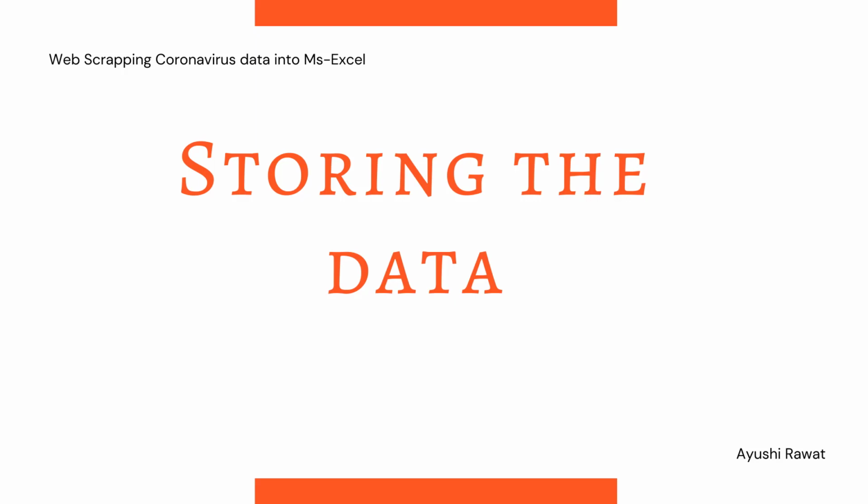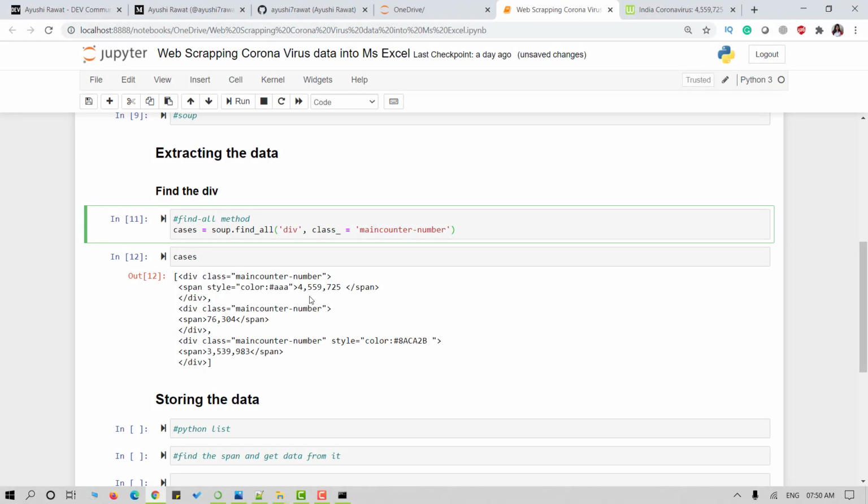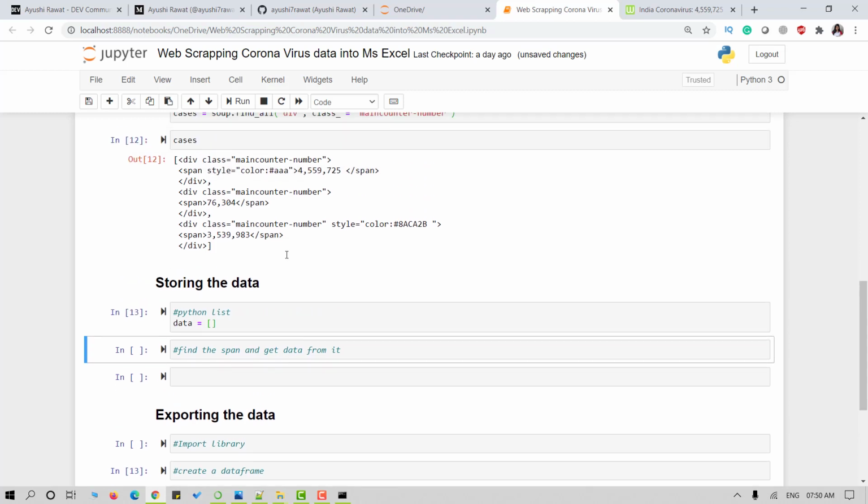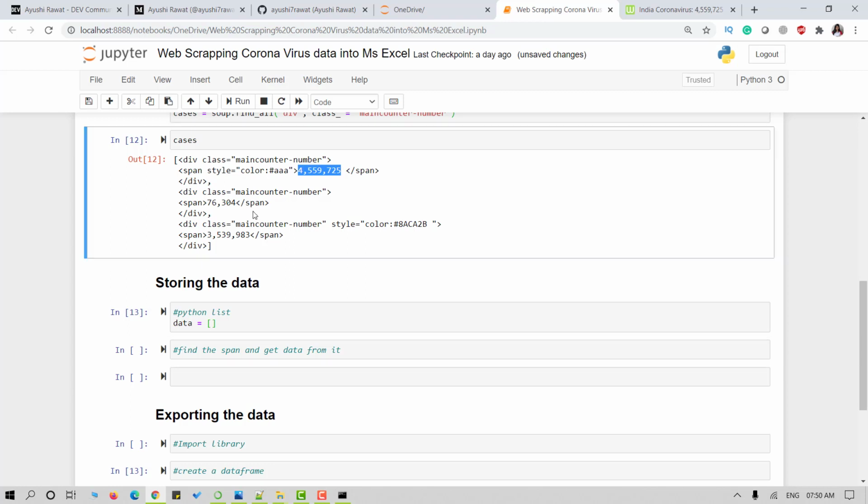Now it's time to store the data. We need to save the scraped data in some form that can be used effectively. For this project, I am going to save all the data in a Python list. So let's create one. Now, if we look closely at our code, we can see that the numbers we are interested in are inside the span tag, right?